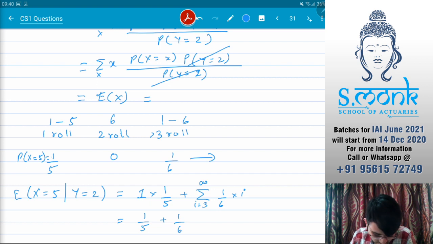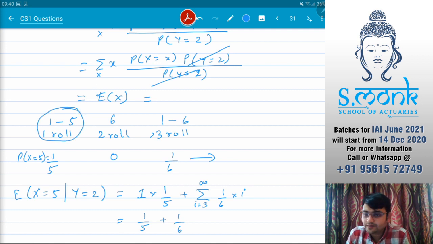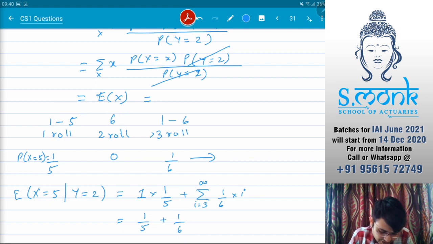Okay, I was mute. I'll explain again. Now see, in this question they are saying that possible values in our first roll are only 1 to 5 because it is definitely not 6, because they said that the first number 6 comes in our second roll. So we know that the possibility is anything 1 to 5. So the probability of it being 5 would be 1 by 5. Whereas the second roll is definitely 6.